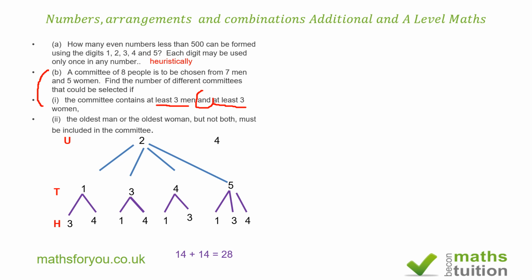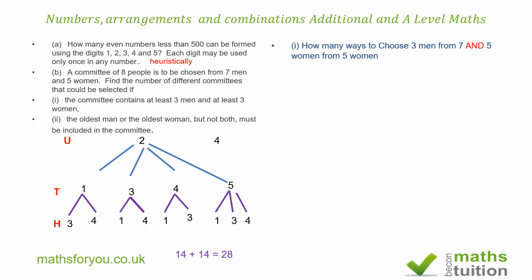That number there is important. Oh, sorry, the word "and" there is very important. Okay, so now you can choose 3 men from 7 and 5 women from 5, and the number of ways you can do